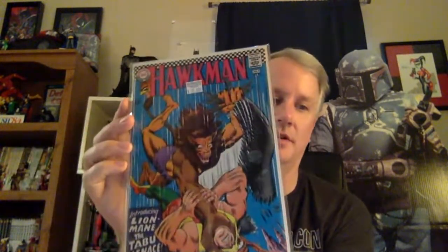Let's see the next one. This is another one I picked up at the store. It still has a price tag on it, but I've been wanting to get a fairly nice copy of this. This is a pretty reasonable price. This is Hawkman number 20, first appearance of Lion-Mane, which is one of Hawkman's biggest foes. It's in pretty nice shape, probably in the 7.5, 7.75 range. You'll notice they messed up the coloring when they colored this book. It's not just this copy, but there's a white spot where it should be blue. I don't know why they chose to do that, but anyways,